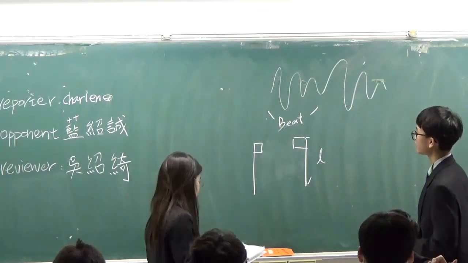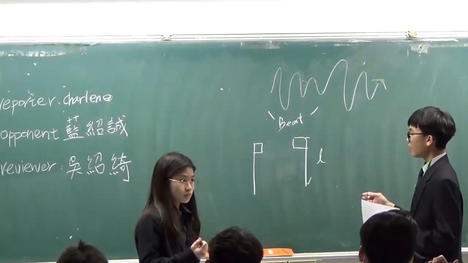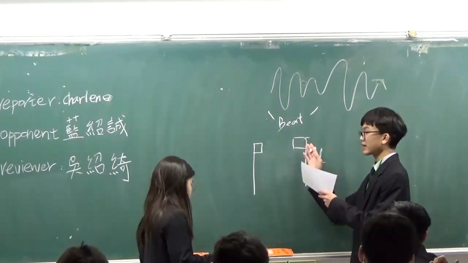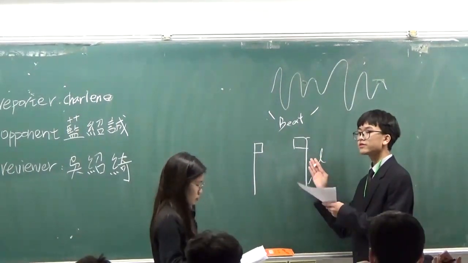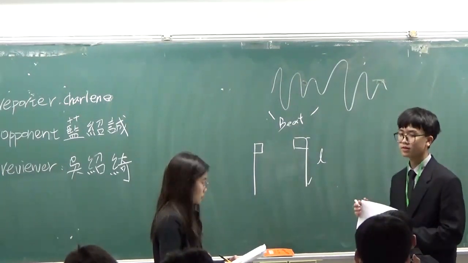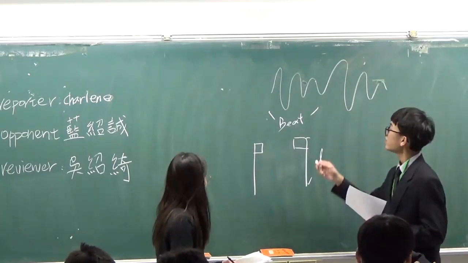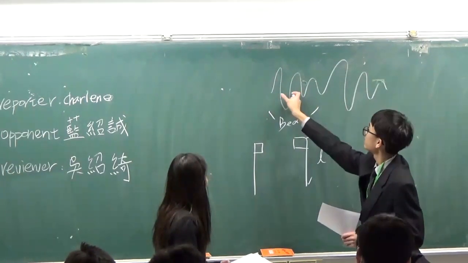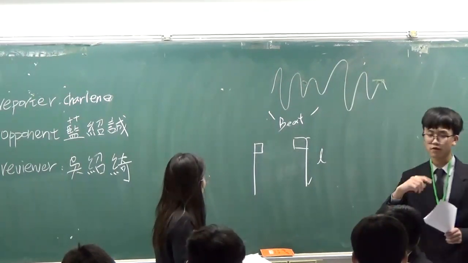I believe that the reporter's explanation is a little bit ambiguous, because the opponent believes that when the magnitude of magnets gets stronger, it tends to transfer more kinetic energy into the other one, because the relation between the magnets is stronger, so the beats will become, the distance between the waves will become shorter, which means the frequency will be higher.